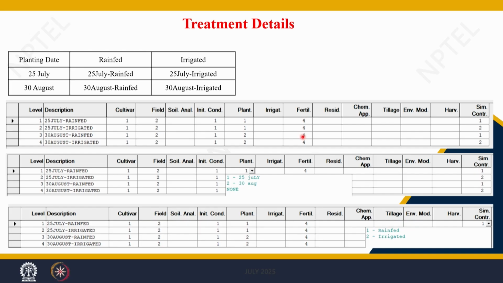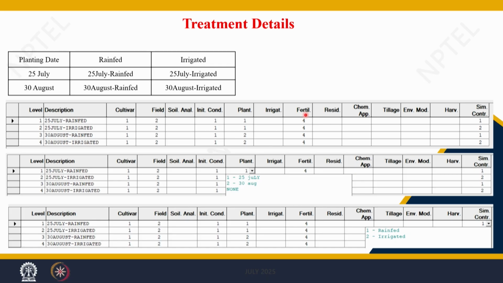For fertilizer, you are using the previous experiment, where the fertilizer has 200 kg nitrogen per hectare, and you see fertilizer level 4 given in that previous experiment. So, the same is done here. We are choosing one fertilizer level, that is 200 kg per hectare. So, there is no change in fertilizer.